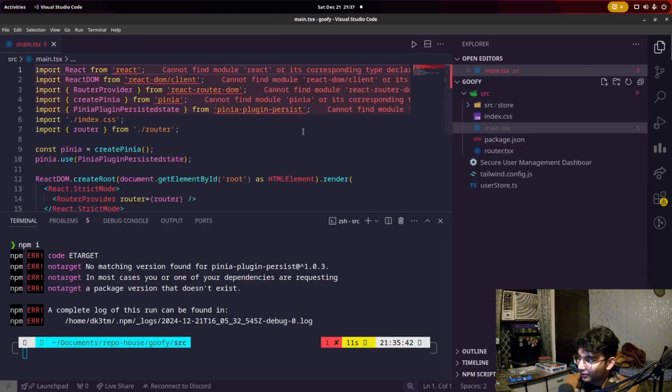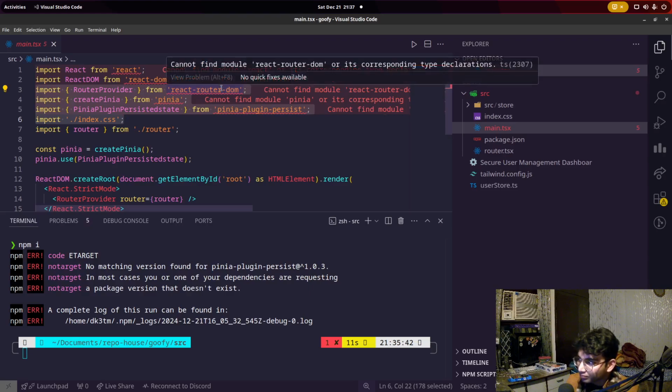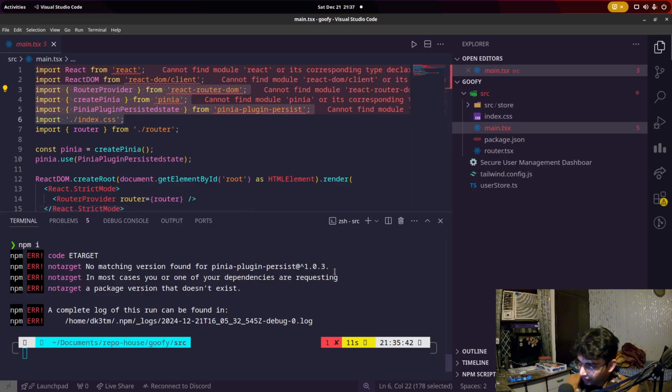So I head on to the main.tsx file again. I don't see any of these files. It's like createPinia. I mean, these are imports that will essentially come from different npm packages, but the npm package in its own self is not working. npm i didn't work. Maybe I'll have to fiddle around and juggle which version works for this particular project, but I'm not going to do that. But anyhow,